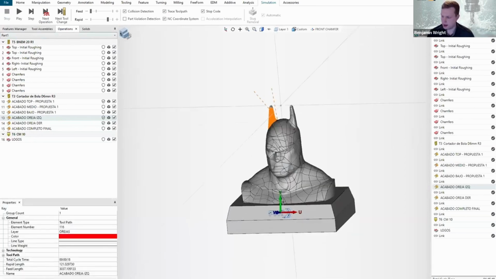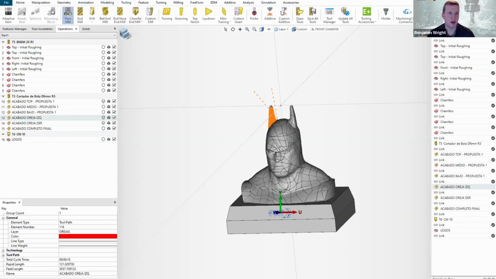One thing that I would want to go over next is the machining cloud side. So ESPRIT is integrated with machining cloud. If I go to my tooling tab on the ribbon here,